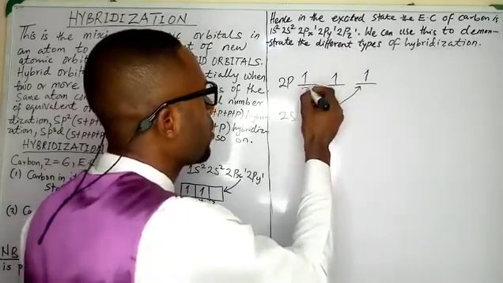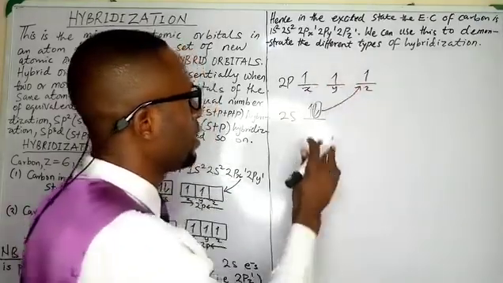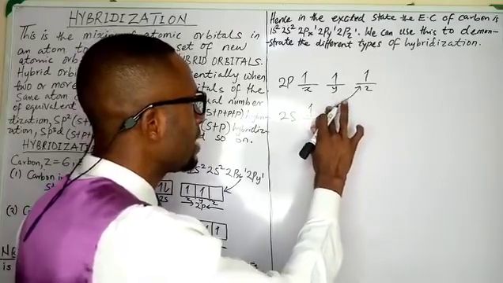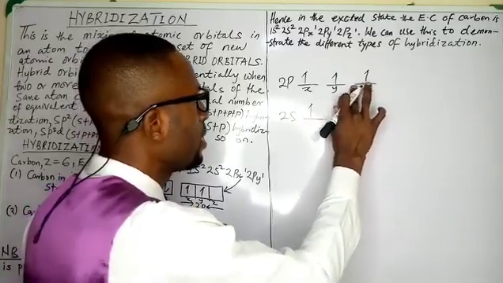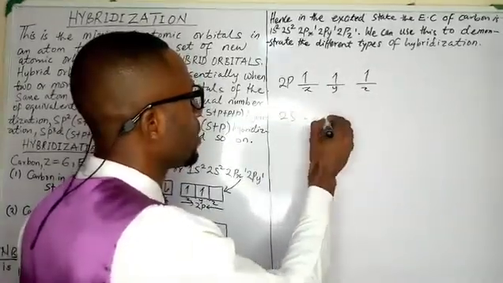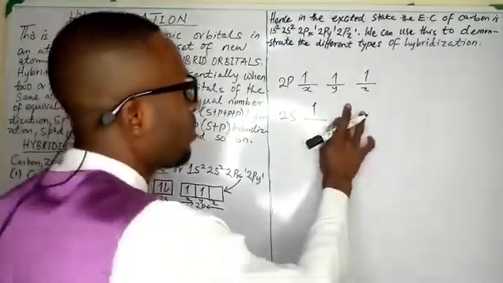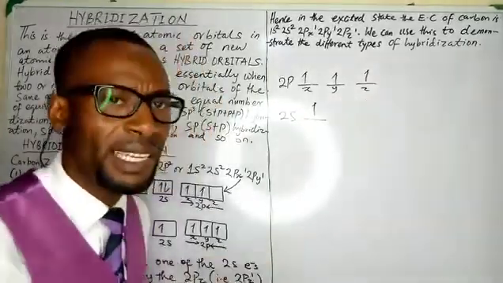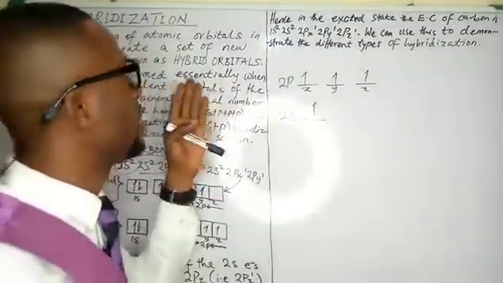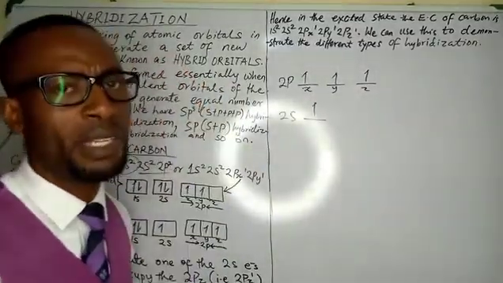Of course, this is x, this is y, and z. So if we do that, that means this is gone. So in the excited state of carbon, this is what you have. This represents the excited state of carbon, and this, exactly as I said, is the first, principal process that will help us to understand what happens in hybridization.